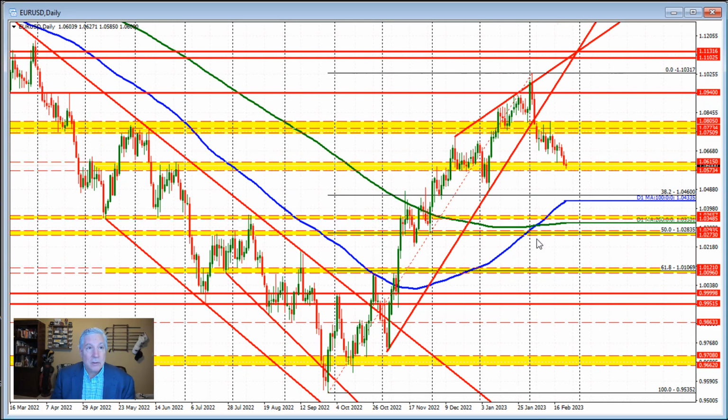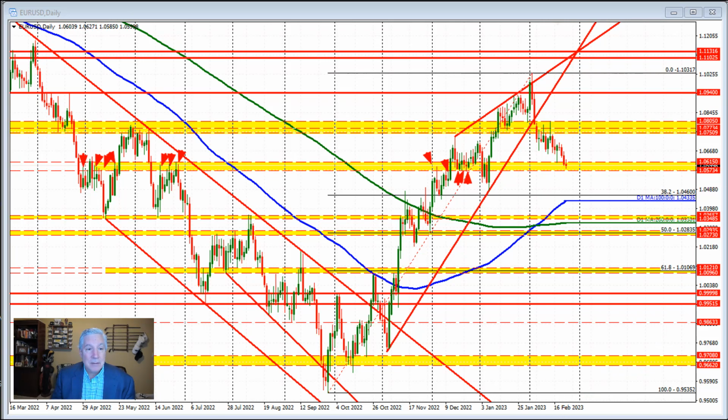Let's take a look at the daily chart. If you look at the daily chart here, we have a number of different swing levels in play, and the market is within that swing area. These are the levels that form this swing area going back in time. We had support here, fell below it for 4 days, and then bounced back to the upside. And as you can see, we're back in that level.